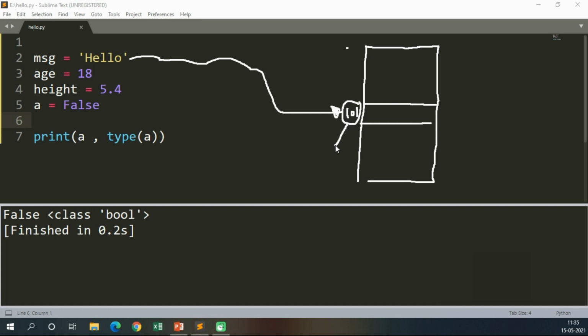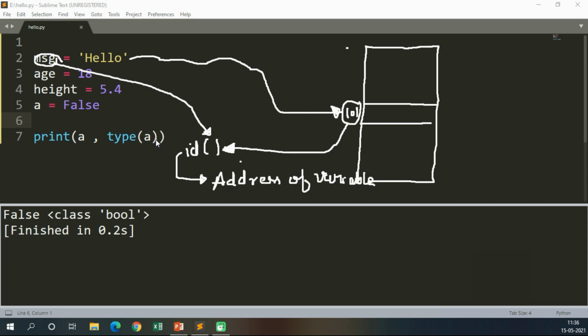Now if we want to see this address, there is a function called the id function. If we pass msg into the id function, it will give us the address.